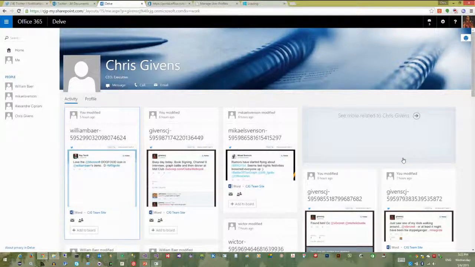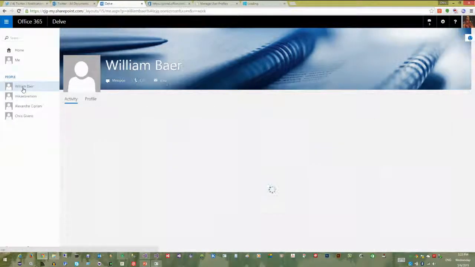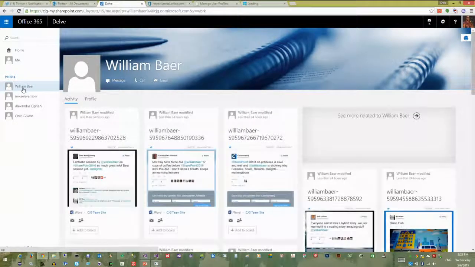It's getting indexed. Everything's feeding into Delve exactly the way it should be so that you can see the relationships. So you can even see here, Michael, he actually did something, and he's related to me in some way. So that's one of his tweets, but it's showing up in my Delve feed because we're somewhat related. So I could also go look at William Bear and see all his tweets are showing up in here as well with the pictures.